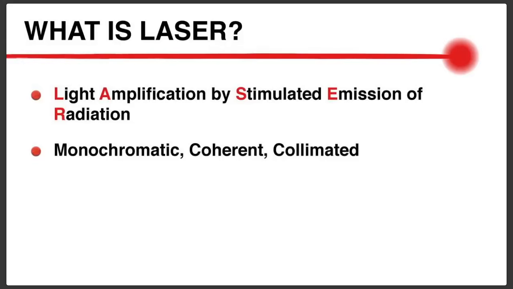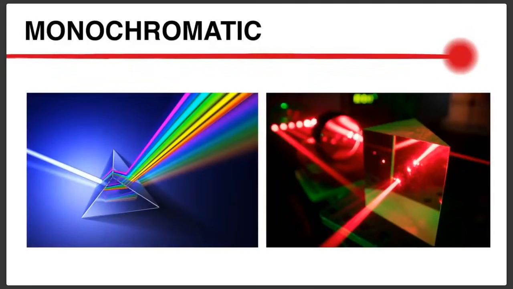But the main features of laser light are that it's monochromatic, coherent, and collimated. So I want to talk a little bit about each of those because there's a lot of light therapy devices out there and a lot of confusion perhaps about what is and isn't a laser and what therapy devices are actually doing laser therapy or not. So lasers are a specific kind of device and a specific kind of light, and I want to make sure there's not confusion. So let's talk about these three aspects of laser light,